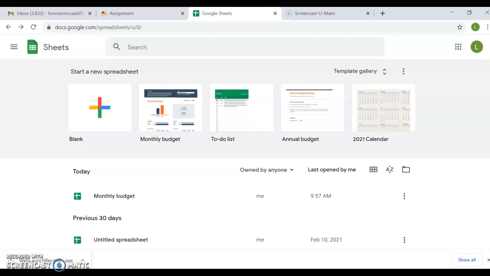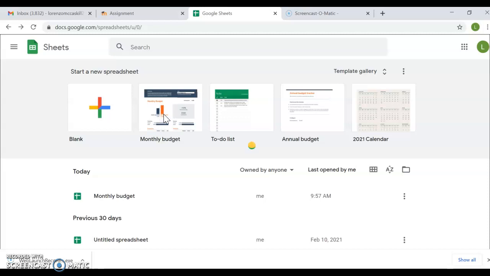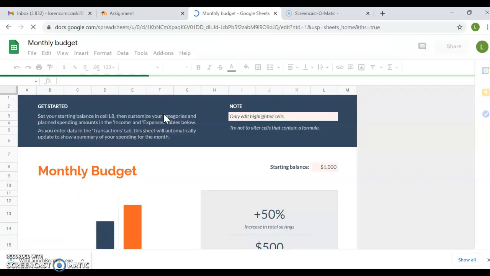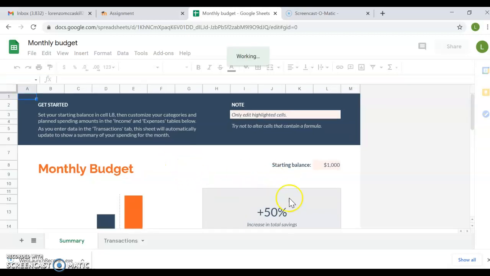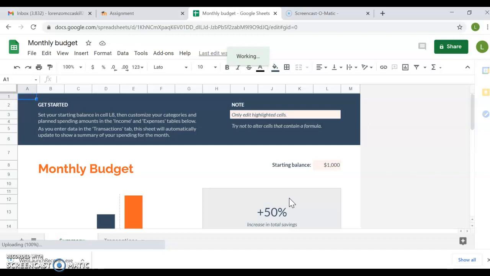Today we're going to be talking about monthly budgets and budget features. So right here you can go through Google Sheets, and I'm going to show you guys one of the monthly budgets. This is actually good for anybody, a college student, you're out of college. It's good for anything. Here you can say, okay, this is your annually, monthly budget that you start with each